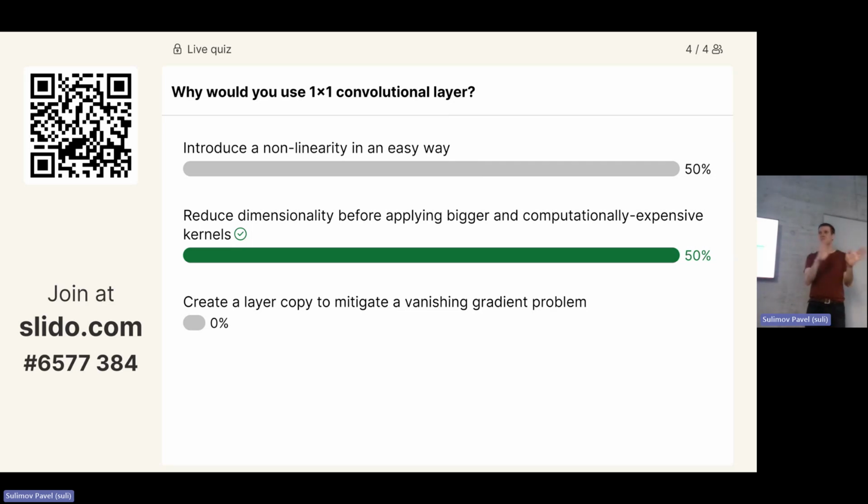I can tell you that summation and multiplication are linear operations. So when you have a linear layer, you remember the formula: y equals a times x plus b, only multiplication and summation. So this is definitely not about non-linearity. This is about dimensionality reduction. As I told you, you can have several kernels. And if you use fewer kernels than you have layers, you're simply going to reduce your dimensionality. This might not be that clear yet, but it's definitely not non-linearity. So that's why this goes away, and this one is correct.